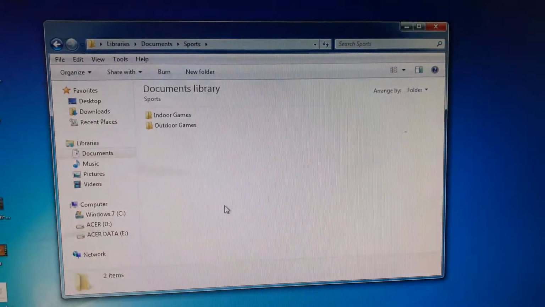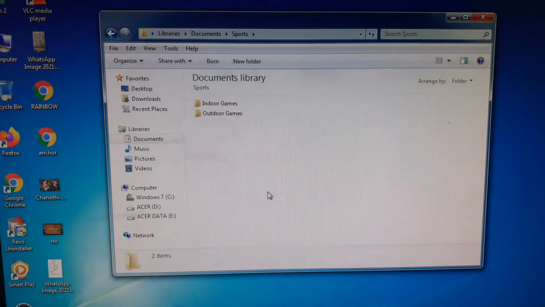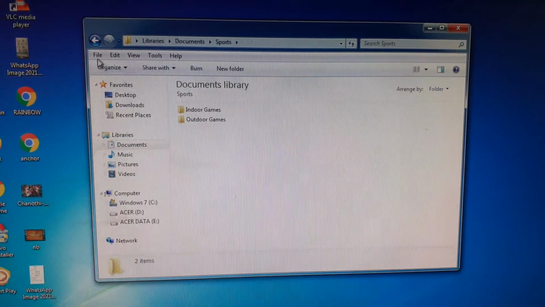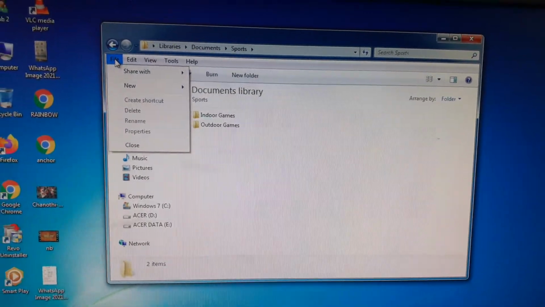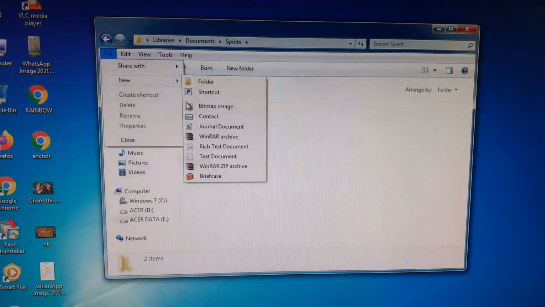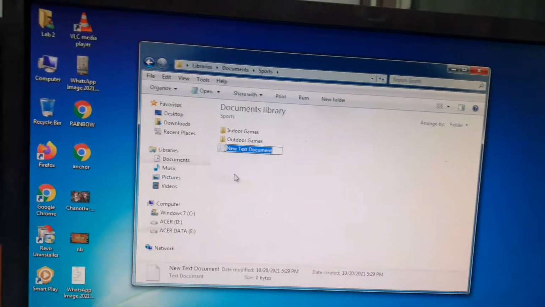This is the sports window. Now on the menu bar click on file, then new, and here text document.